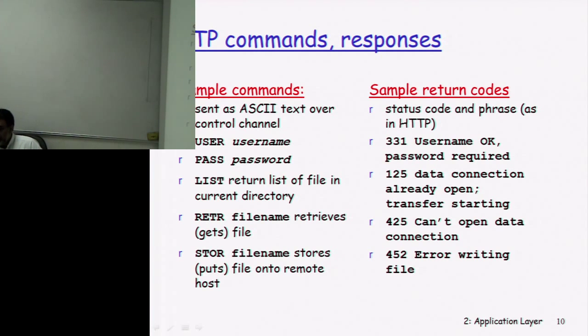Okay. These are the sample commands from the client side which are sent to the server, and these are the sample return codes which will be returned by the server. Status code and phrase, as in HTTP, the same as we have seen with some of the status codes and their phrases on the HTTP server. Example: 331 Username OK. It will return you code 331, which means the username the client has sent is OK. Password required. Now you have to give the password. Once you give the password and it is verified,